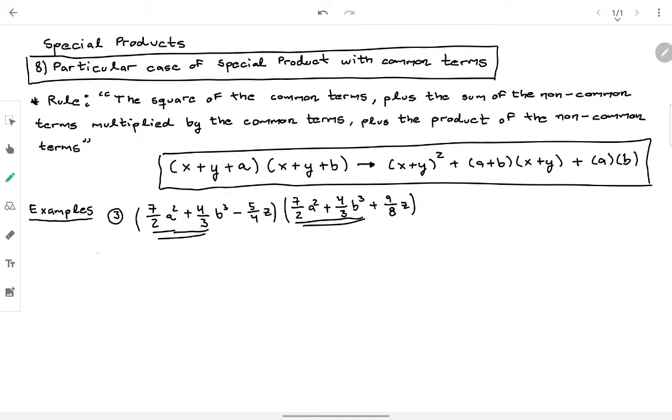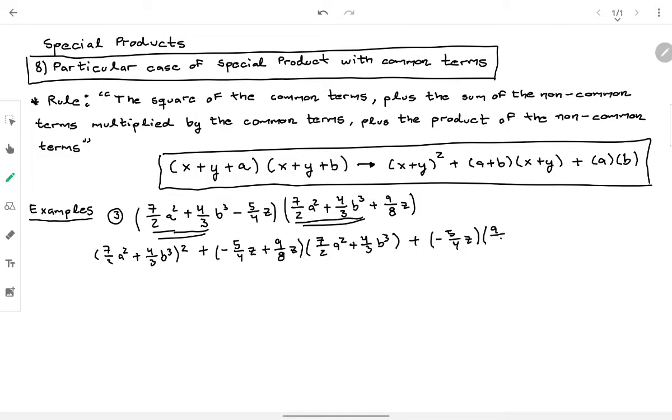So it's going to be following the rule: the common terms squared, plus the addition of the non-common terms multiplied by the common terms, plus the product of the non-common terms. So it's going to be something like this: